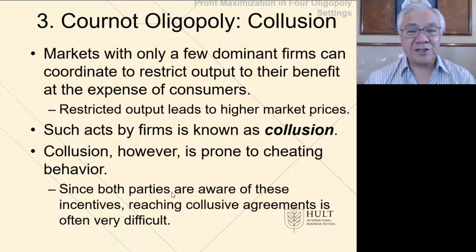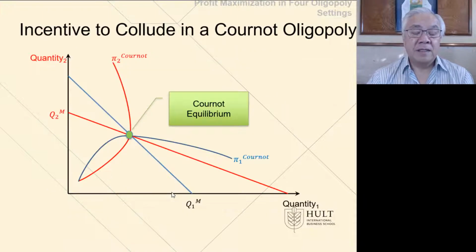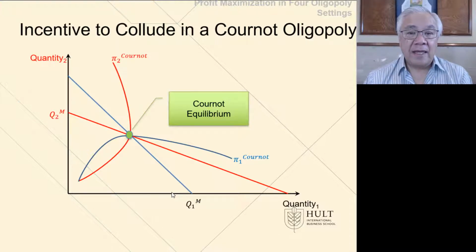So we're going to look at two conditions here. First, if they move away from the Cournot toward collusion to maximize their individual profits, and then see the incentive that one firm would have to cheat, and why these are very delicate balances, and therefore they often do not stand up in competition. When we set a base case, as we've seen previously, this is the Cournot equilibrium at the point where there's an intersection of the reaction functions for both firms 1 and 2, and that leads to an equilibrium. At that point of equilibrium, firm 1 and firm 2 have their respective isoprofit curves.